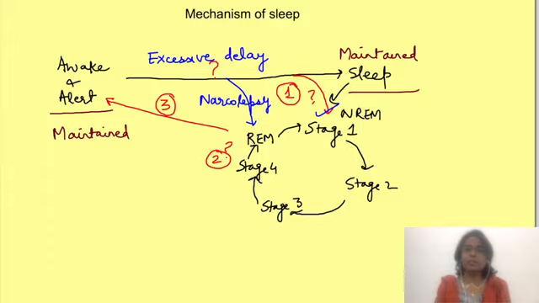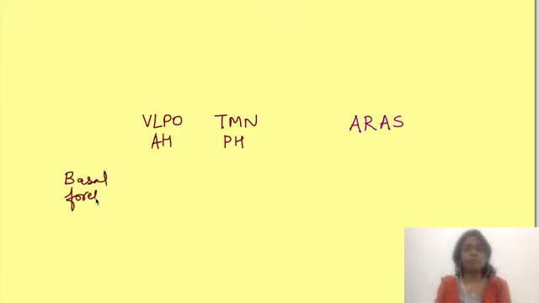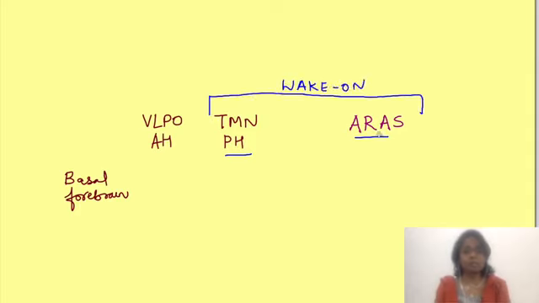Let's dive straight into the circuitry and talk about its various components. So one component is the ascending reticular activating system or RAS present in the brainstem. Then two major areas in hypothalamus, that is the tuberomammillary nucleus in posterior hypothalamus and VLPO or ventrolateral preoptic nucleus in anterior hypothalamus, and finally basal forebrain. Now these areas have different types of neurons in terms of which neurotransmitter they release and which arousal state they are active in. This ascending reticular activating system and the posterior hypothalamus have neurons which are wake-on neurons, that is, they are active during awake state.